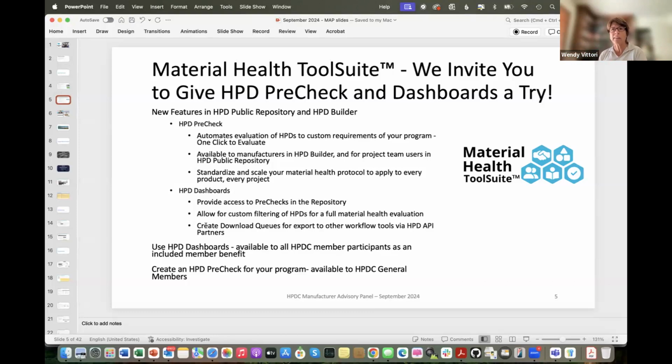Now, if you're on this call, you're among that growing group of manufacturers, over 1,000 now, that are already involved with doing this. We are hoping this is one of the very important tools to help emphasize manufacturers who have material health transparency to begin with, and then are offering products with better material health performance. So this should, we hope, have a direct impact on the use of your information in your HPD reports by the project teams in their selection process.